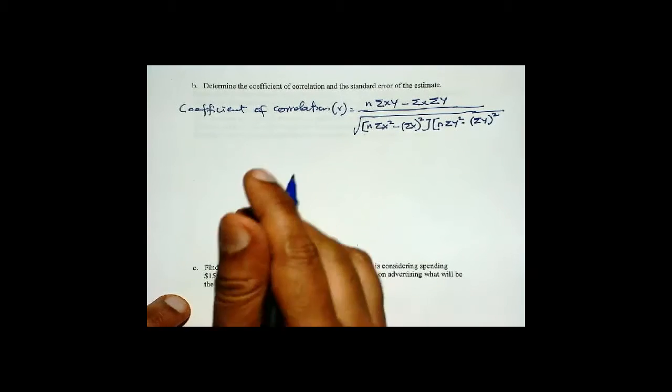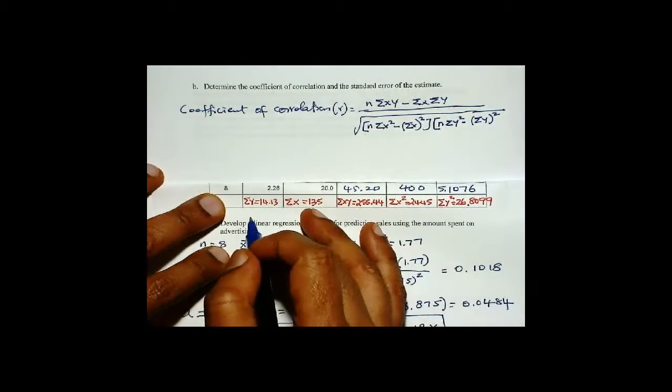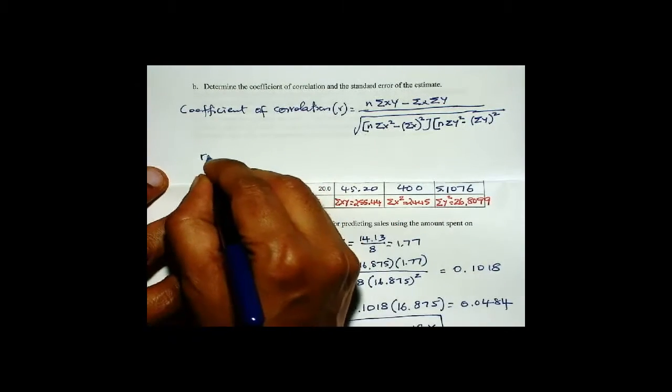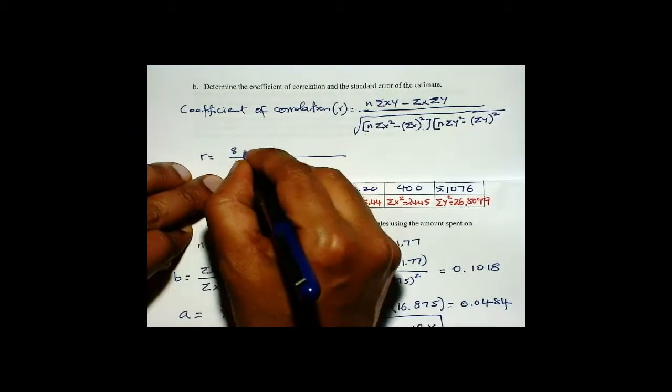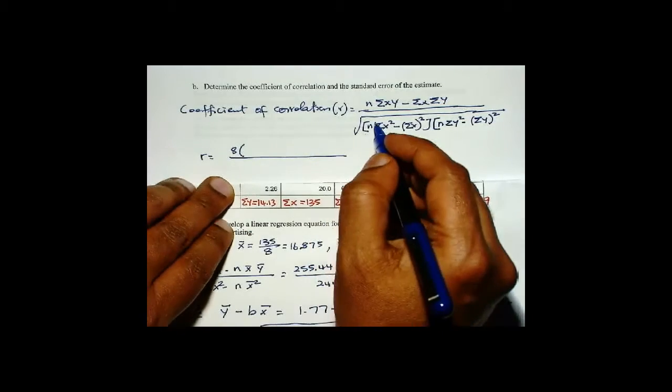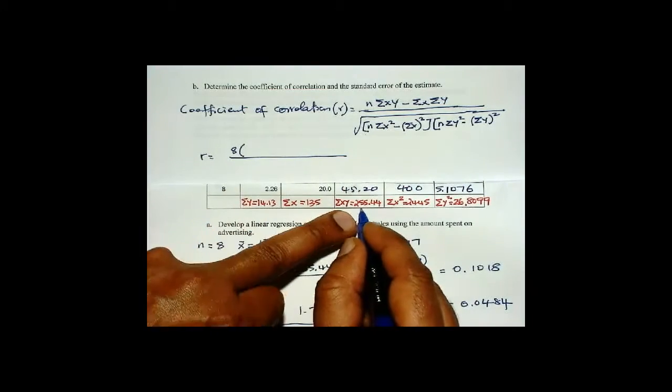So from the previous page, we already have all the information that we need. So R is, you have to just simply plug in. So n is 8 times sum of x times y, so that is 255.44, minus sum of x, which is 135, times sum of y, which is 14.13,